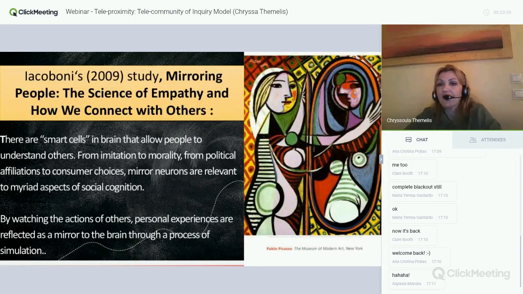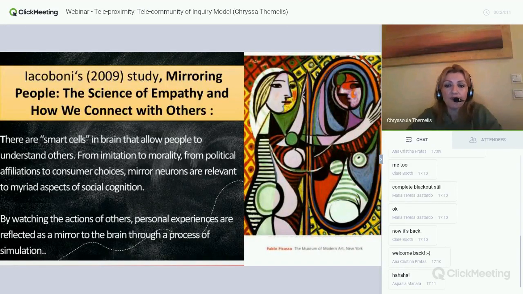In plain English, if you see somebody smiling, you smile back. But if you learn a language and you watch somebody speaking in French, for example, the same region in your brain for language learning is highlighted. This is what he says. Of course, there are some people that are against this theory, but I'm here to present to you what my informant has used as justification.